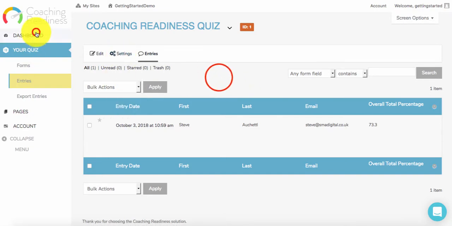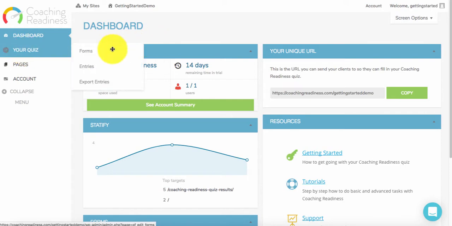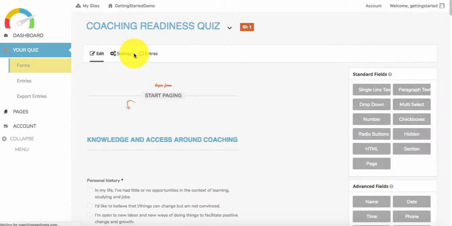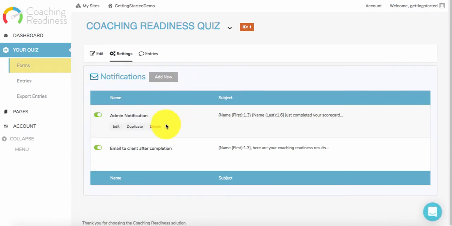So to get there, let's just go back to the dashboard, for example. Let's go to your quiz, and you want to go to forms, and you click onto coaching readiness quiz, or you can go to settings there. At the very top or anywhere, always a couple of different ways to get to the same place. You hover on that and go to notifications. You'll see there's two